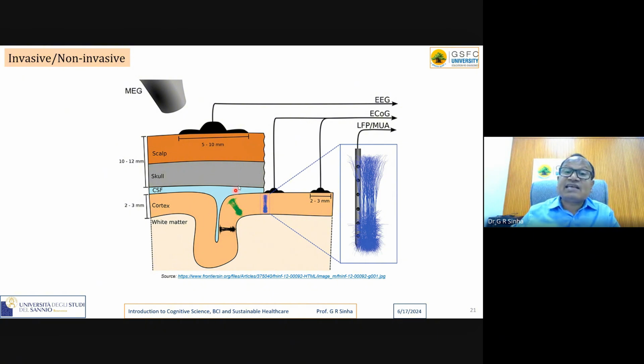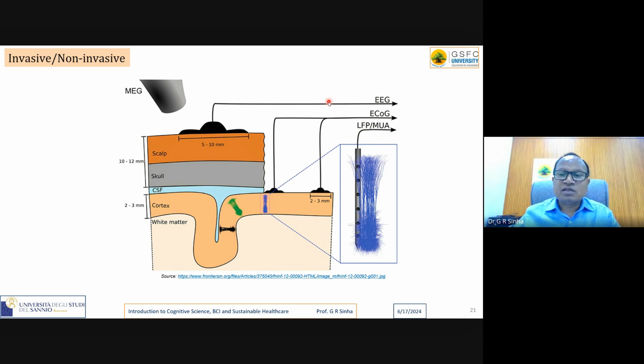Which is the least risky? Which is the modality where the least amount of risk is involved? That is EEG. Is EEG useful for all kinds of BCI research? The answer is yes. But if you want to cure a brain tumor, if you want to understand the brain tumor area, if you want to give treatment to a brain tumor, or a very severe brain disorder and disability, probably EEG may not work. In that case, you have to go to ECoG or local field potential, so that the moment you go inside your brain, the better understanding of your neurons you will develop, and therefore you'll have to go inside.